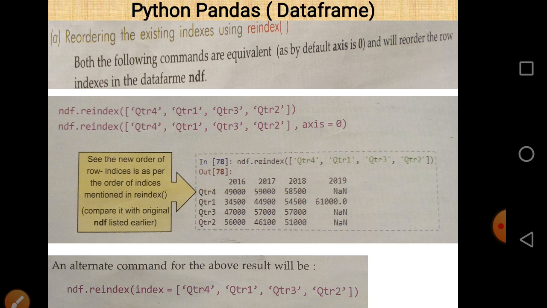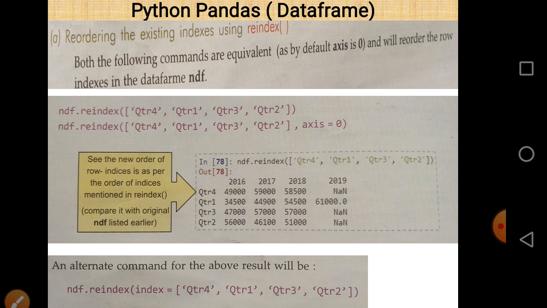Or you can also write it as x is equal to 0. If you don't mention x is equal to 0, then by default it is 0. So that's why both these statements do not affect the final answer. You can use x is equal to 0 as a parameter, or if you do not want to use x is equal to 0, then by default x is equal to 0. So that's why the final answer cannot be changed in this case.